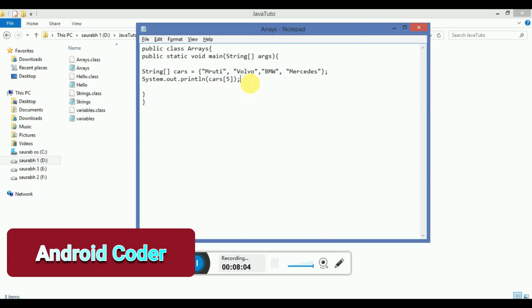Now we see how to replace an item in an array.